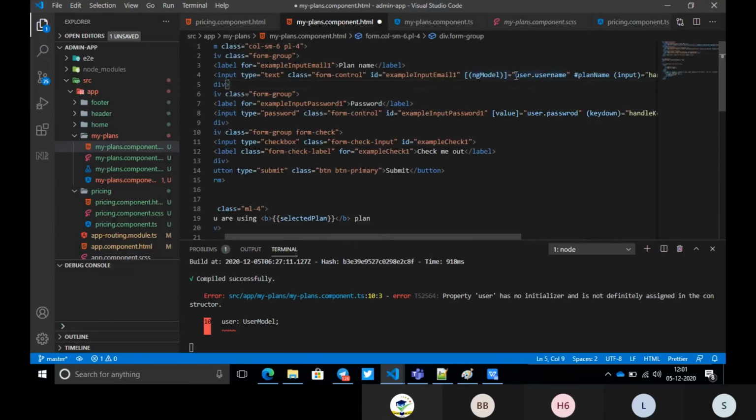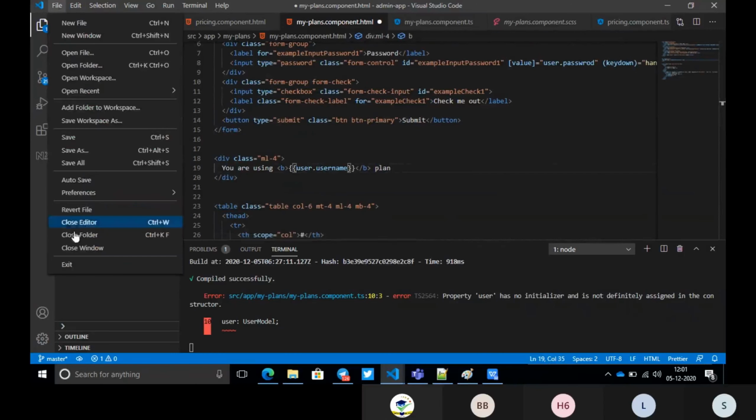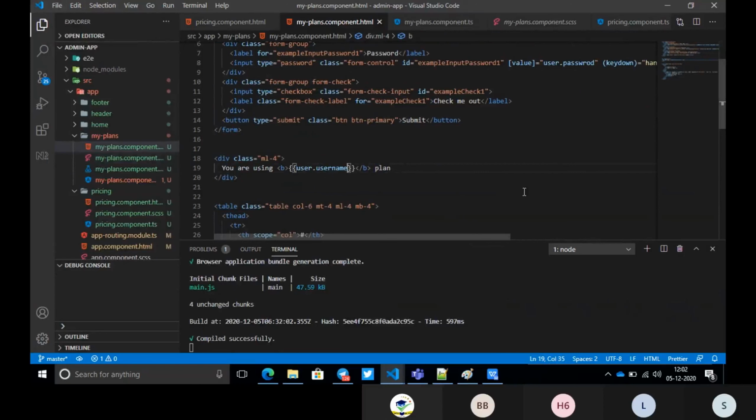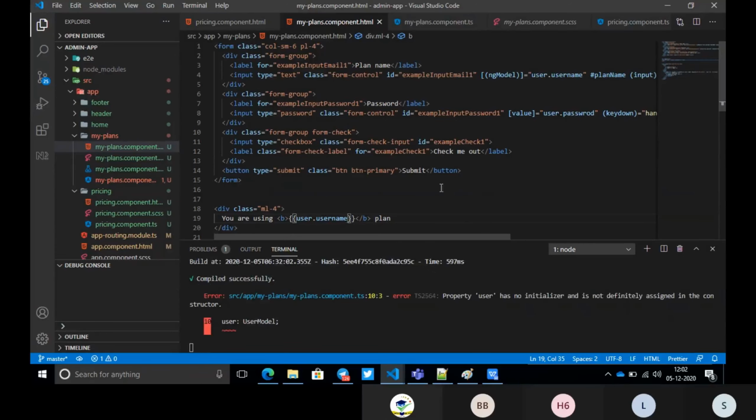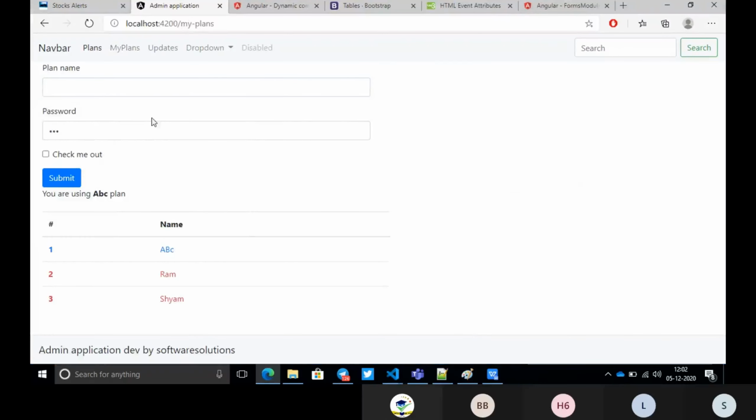Let me print the username at the bottom so that we can see what the real value is. It is just a problem with the imports only. See, the default value itself is not coming here. So that means our ng model is not at all working.